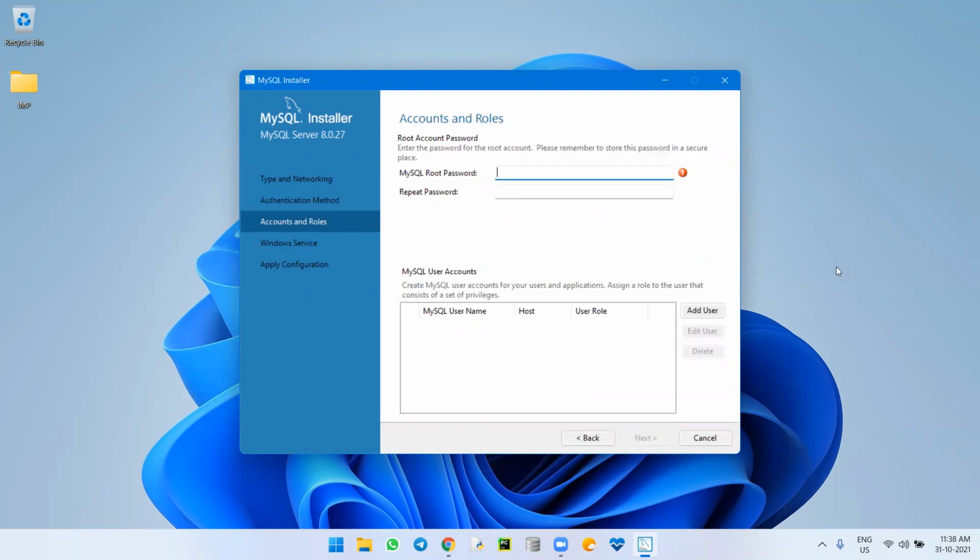There it will ask for the passwords. So you need to set the password. So I'm setting my password. You can set any password.